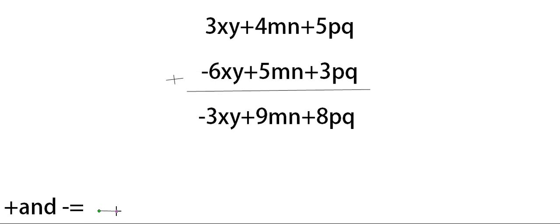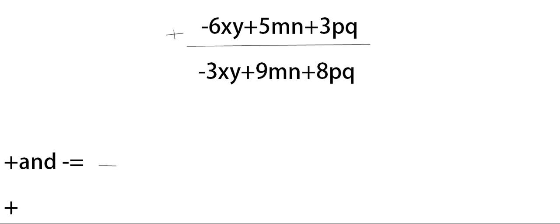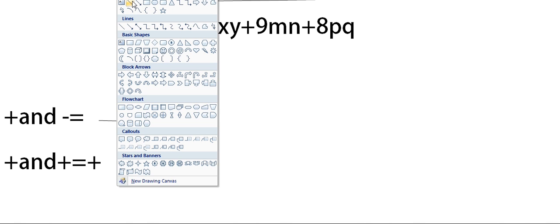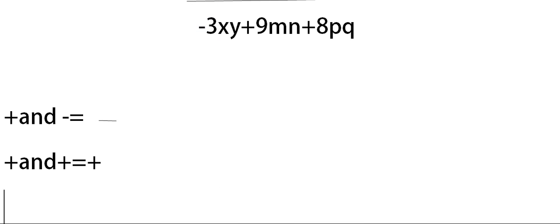Plus and minus is always minus. Next, number 2, plus and plus. If there are two terms, the first one is plus and the second one is plus, the result will always be plus. The third, if the first number is negative, that is minus, and the second number is plus, minus and plus, that is also equal to minus.